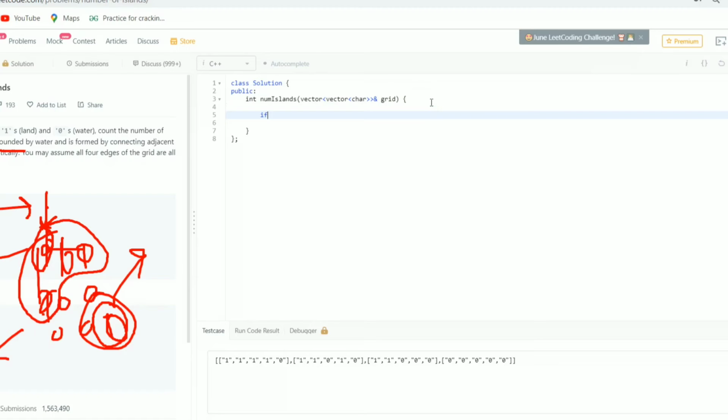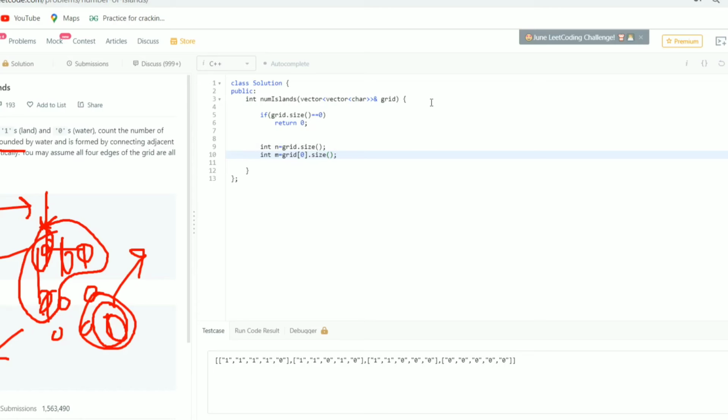First I will be checking the base cases, like if the input size is 0 then return 0. Now this is my row, grid dot size, and column, grid of 0 dot size.